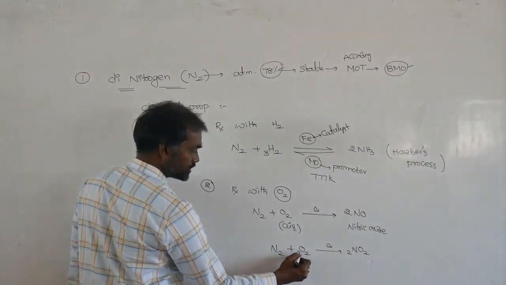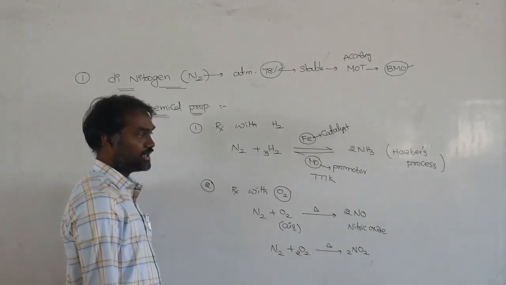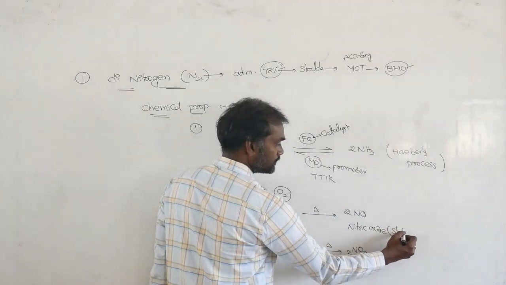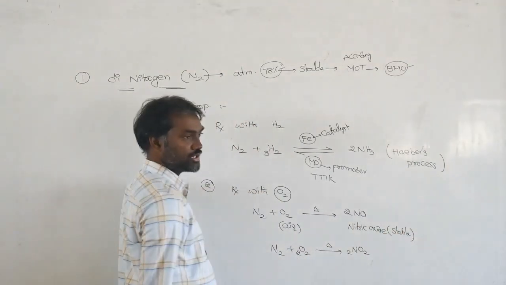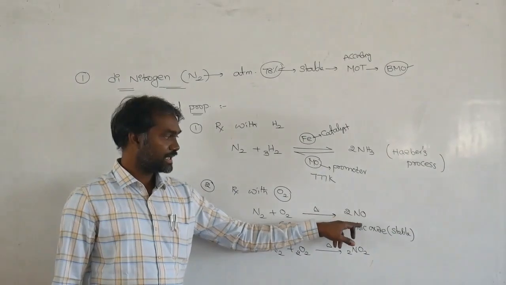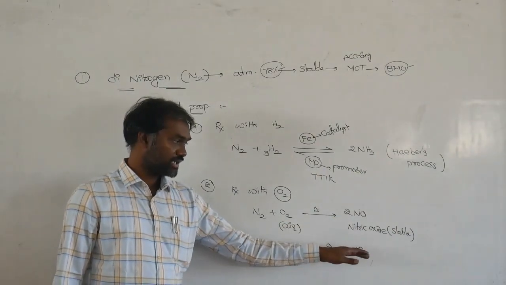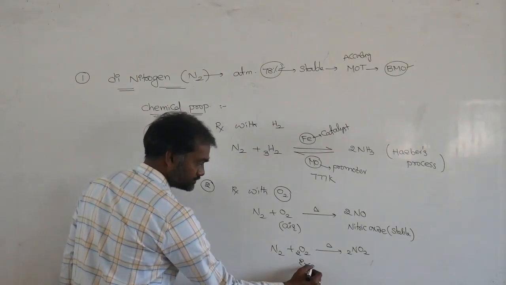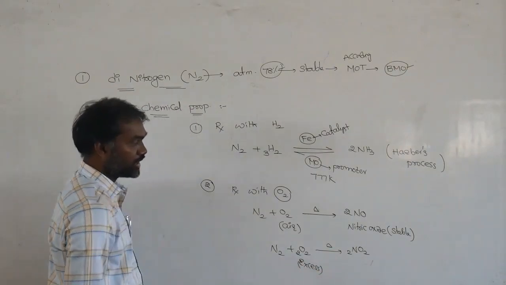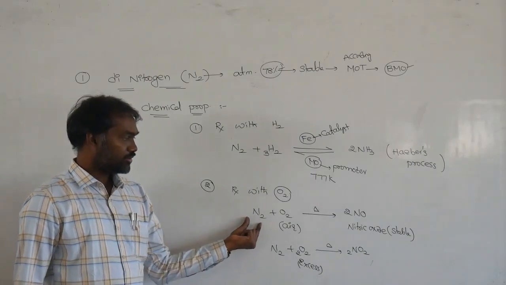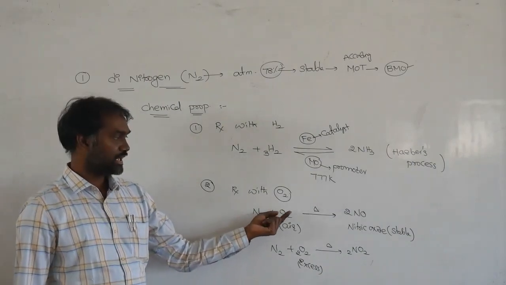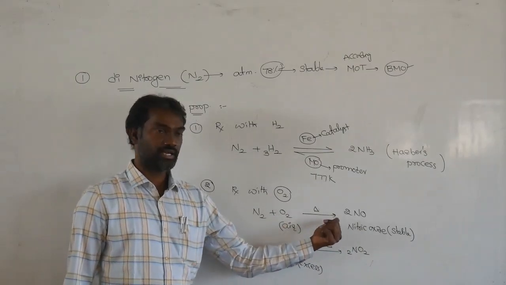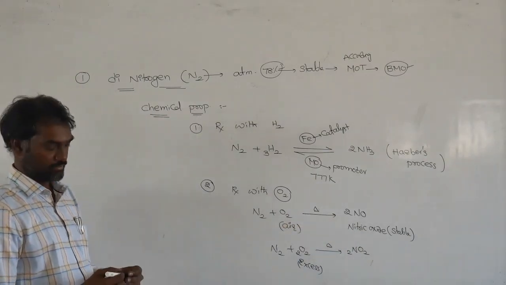So N2 plus 2O2. The majority forms NO because it is more stable. Generally nitric oxide is more, and nitrogen dioxide is also possible when you take excess. In what way do you write the matter? When nitrogen is heated with oxygen at high temperature, it produces nitric oxide. You write down that matter and write down that equation.